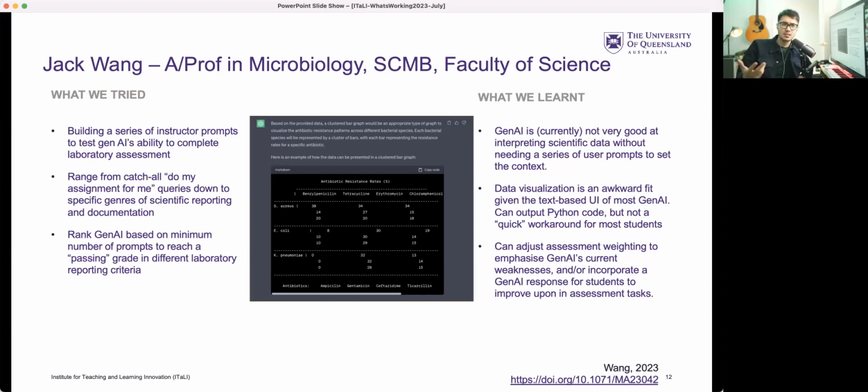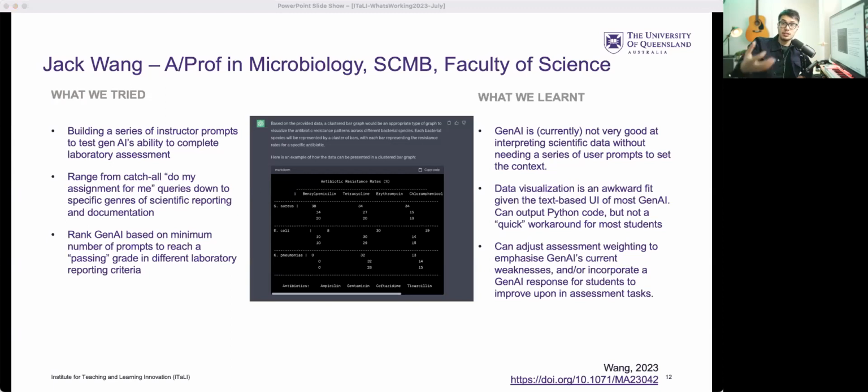Where it really gets stuck currently is in the data visualization side of things, given that, as Hassan highlighted, it is primarily text-based prompting currently. To really get numerical data into a chatbot and get a graphical output that requires tweaking often, it's not great at it, and it often stumbles and misinterprets numerical data, again, unless it has all of these additional prompts. But if the students know what to prompt exactly to get exactly the right formatting of data, well, they already know kind of everything there is to know about that data, and maybe we're assessing the wrong thing if we're focusing on that mechanical part of data formulation as opposed to the analytical side.